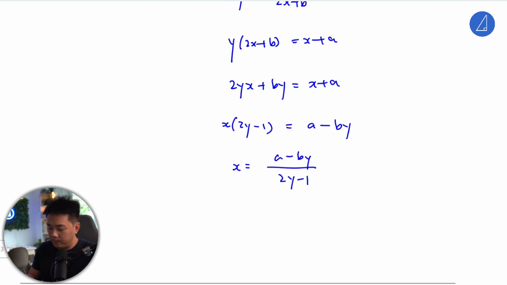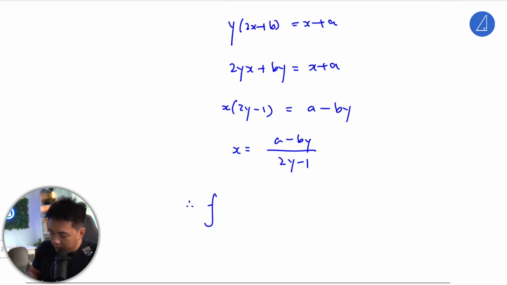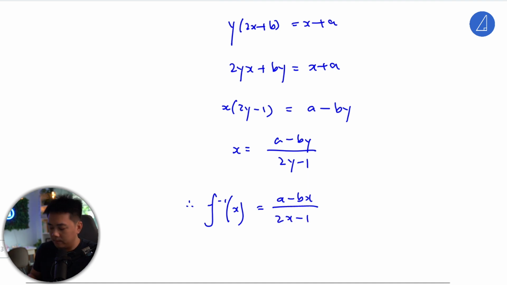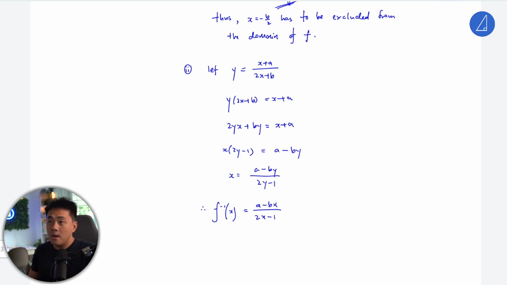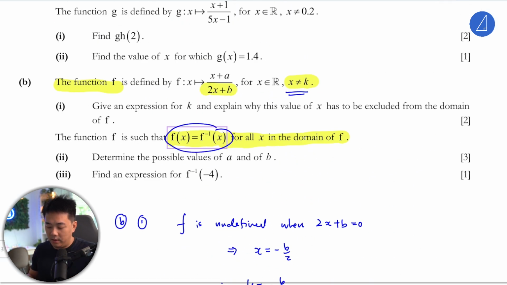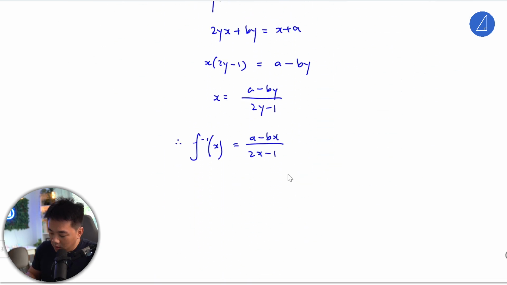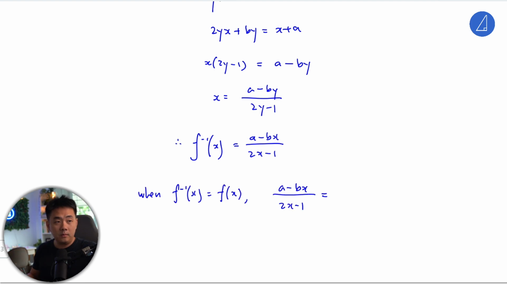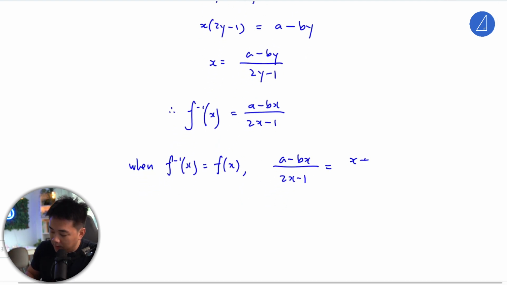Okay, so in this case, what I get is f inverse, the inverse function, will just be (a - bx) over (2x - 1). Okay, so that's the inverse function. Now, what we need to do is basically just equate them, because you need to equate them. Now, this is a rational function, okay? This will equal x plus a over